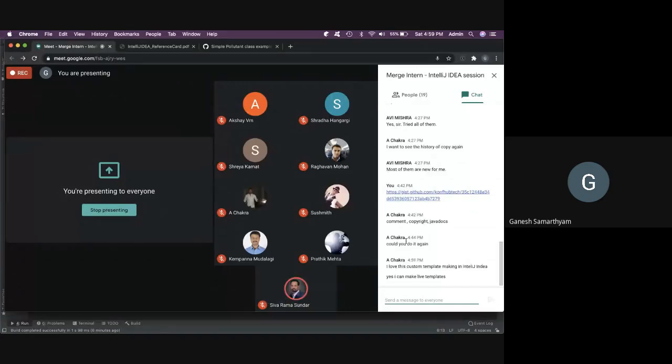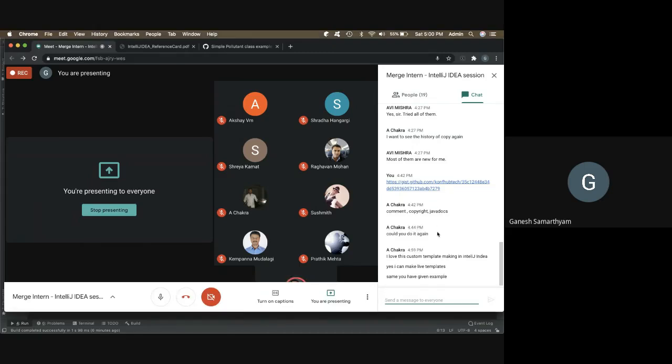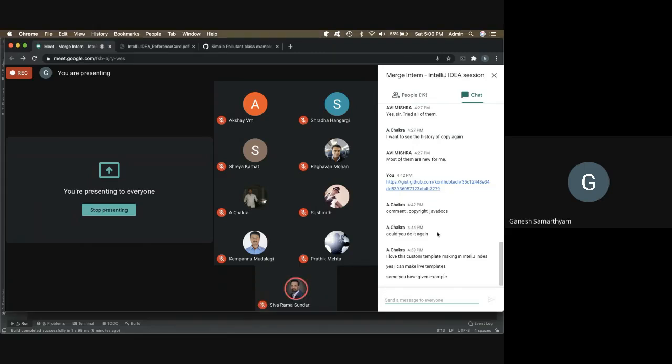Oh, okay, Chakra, awesome. So which live template did you create? Chakra, are you there? Oh, the same I have given as an example. Awesome, great. So you like this example, like how you can create live templates and simplify your tasks? Yeah, we can.